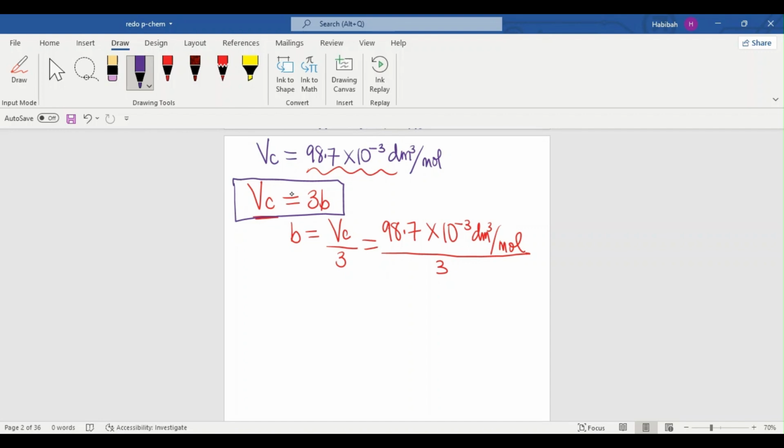There is the formula for VC, there's a formula for TC, there's a formula for PC. So the formula for the critical molar volume is equal to 3 times B whenever you're dealing with a van der Waals gas. So you have 98.7 times 10 to the power negative 3 decimeter cube per mole divided by 3, which will simply give you